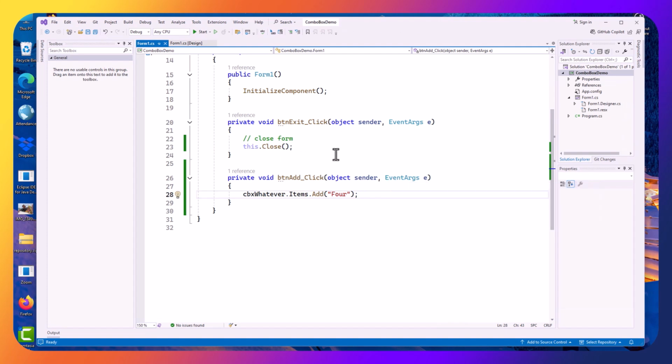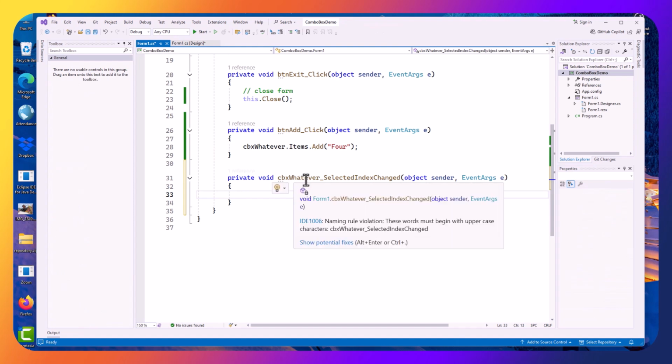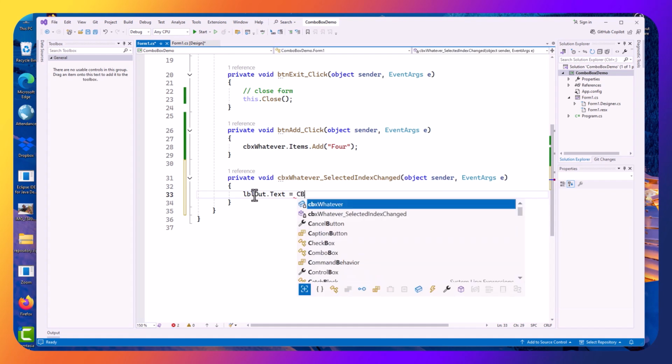Now what happens when you actually use the drop-down and click on the event? Well, when you click on the event, you're activating the selected index changed event. And you can actually move something in there into a label if you want. I'm going to go ahead and double click on this thing and get that event to pop up. You get the CBX whatever selected index change event. What it's doing, it's looking at the index that the user clicked on, the particular number that the person clicked on. And what we can do now is we can actually say LBL out.text is equal to CBX